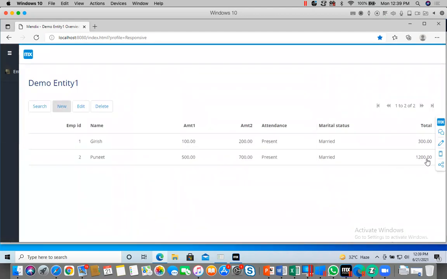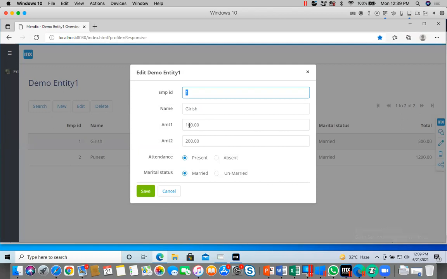See, automatically total will come. And if you want, you will edit and change the amount, you will make it 800. Just so, instantly it will change.